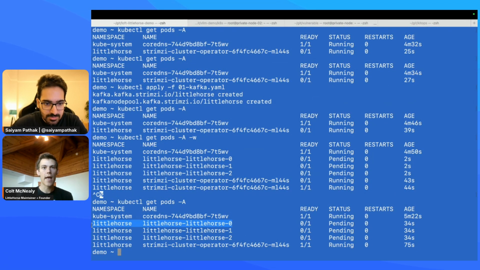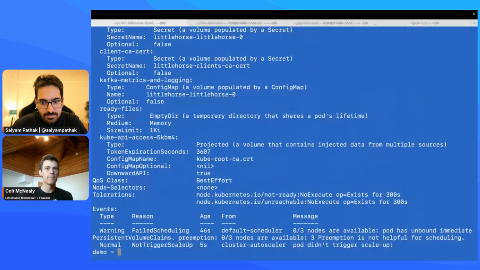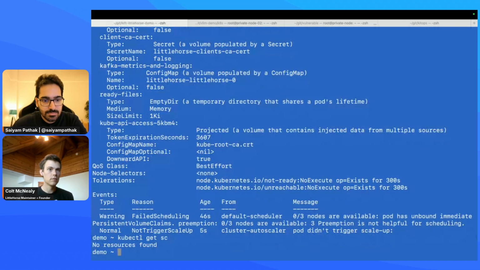Okay, so they're pending, and the reason why it's pending is because it's waiting for persistent volume claims. That's, shoot, I forgot. Can you do kubectl get storageclass, please? Okay. Yeah, so we don't have storage. There's a change we can make. Let me look at the examples. There's a change you can make to make it use an ephemeral